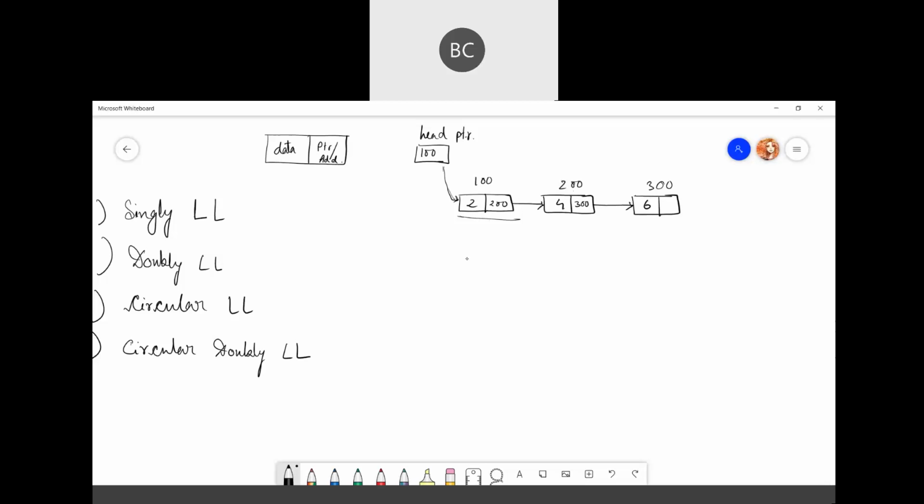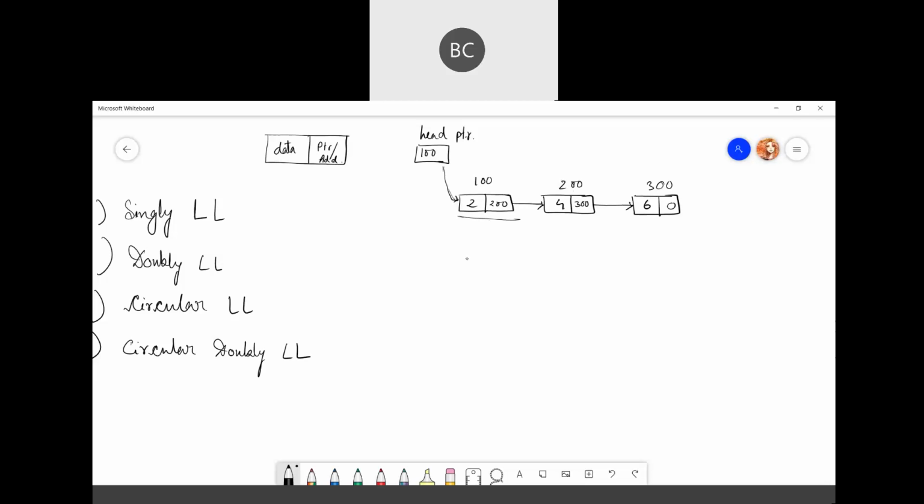Okay, so whenever we access any value of the linked list, we first check the head pointer. Then from there we find the address of the first node or the head node, then we go there. Then in the same node we get the address of the second node, then we move to the second node, then we get the address of the third node, we move to the third node, and the third node address is 0 or null. Okay, this is single linked list. The insertion and deletion process I already explained to you guys.